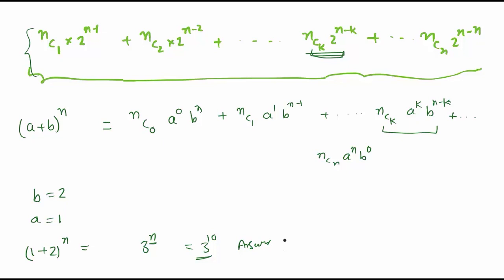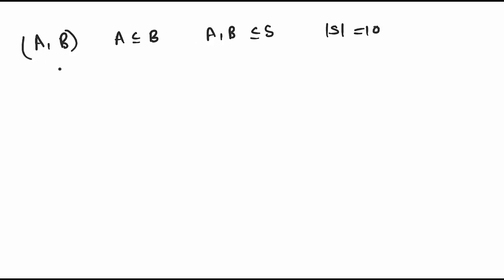We can also solve the same question using a different method, which you might find a bit easier, but it's good to know both methods. That's why I have explained this long method. There is a very short method that we can see. See what this question is asking us. This question is saying that there are two sets A and B such that A is a subset of B, and both A and B are subsets of S, where S has 10 elements. Now they are asking for such pairs of A and B.